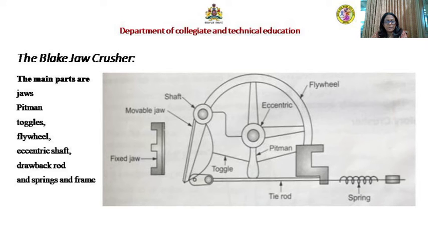The jaws are the important parts of the machine, the main parts. They are usually made of a very strong material such as manganese steel that can withstand abrasion. The faces of the jaw are usually corrugated so that the maximum pressure is applied on small areas of the material being crushed. As we already learned, this jaw is pivoted at the top, the other jaw is stationary, it is a fixed one. You can see in the diagram.